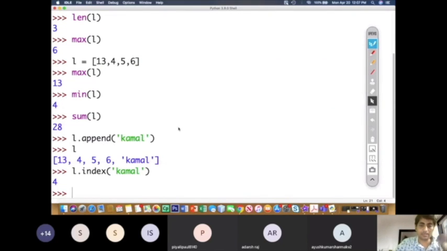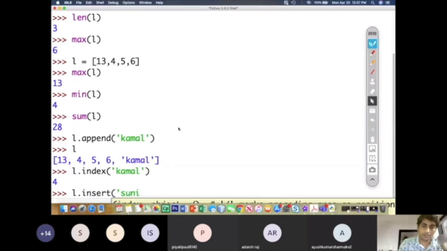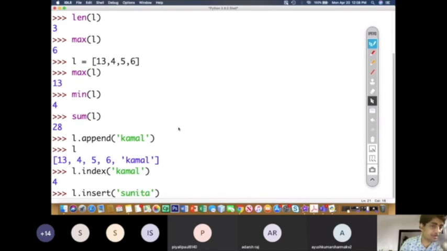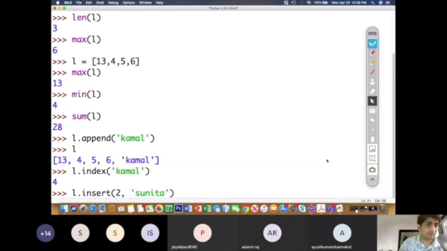So let us put an item. We put an item into the list, and that item is, for example, l dot, what was the function? That function was insert, right? List dot insert Sunita, right? Now let us see, and index I have to pass where I want to add. So I want to add it at index position 2, say for example 2. Then can you guess what will be the output if I am going to execute this code, l dot insert 2 comma Sunita, where this Sunita will be added?